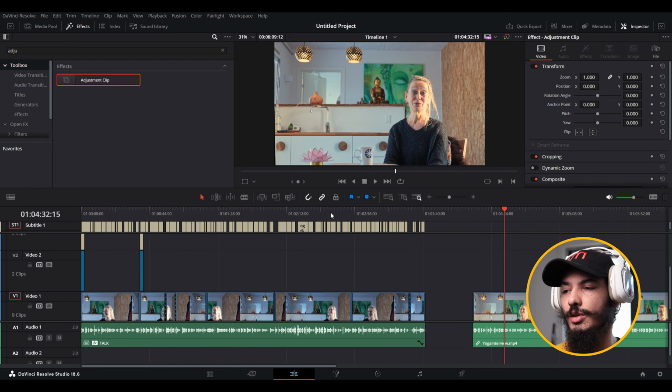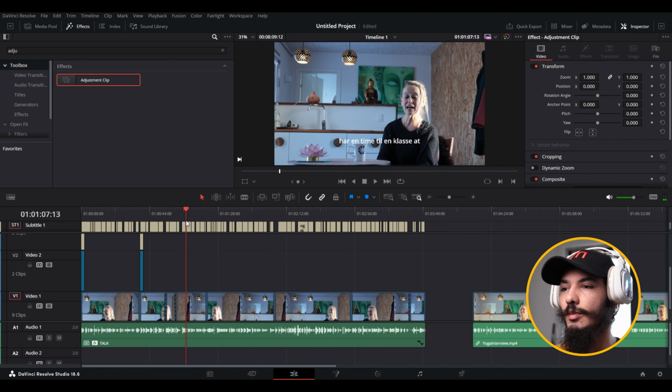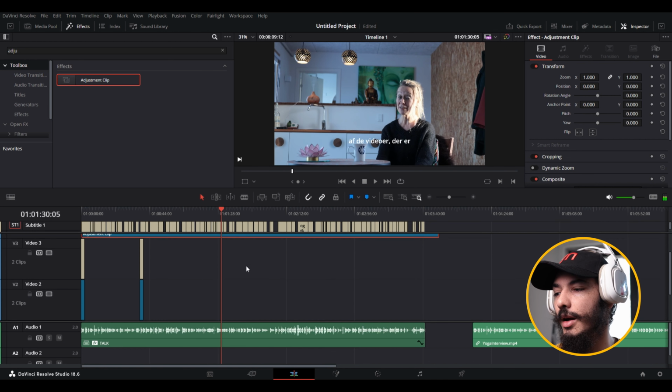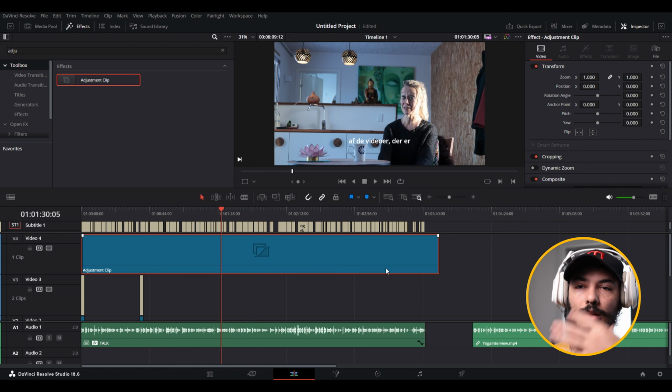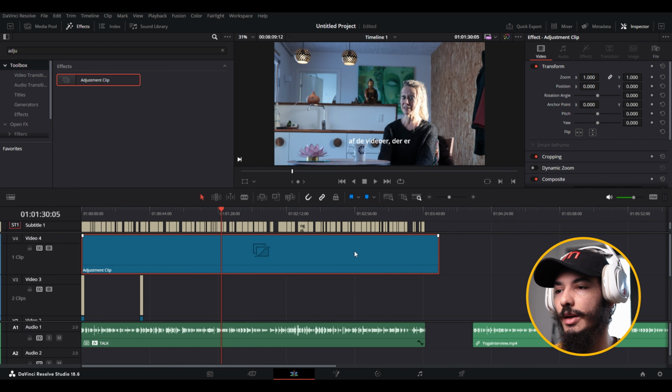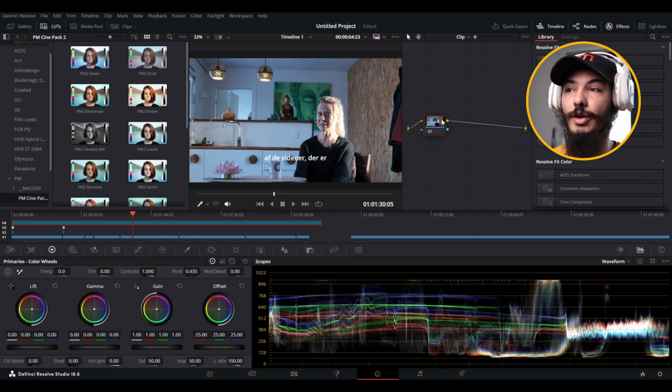And because it's just one big chunk of video without any other b-rolls and anything, it's easy to color grade because it's just one way to color grade, and every footage will look the same, if you understand. So go to the color page, and because we are using 8-bit,